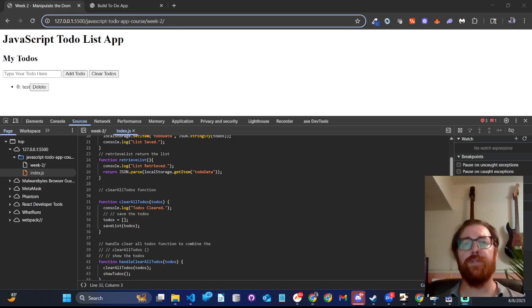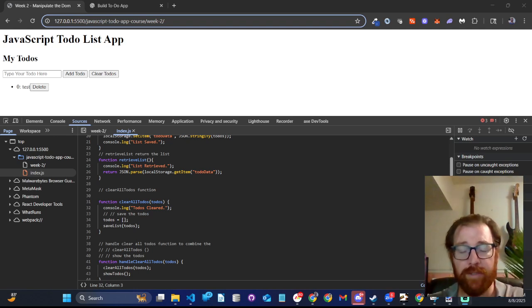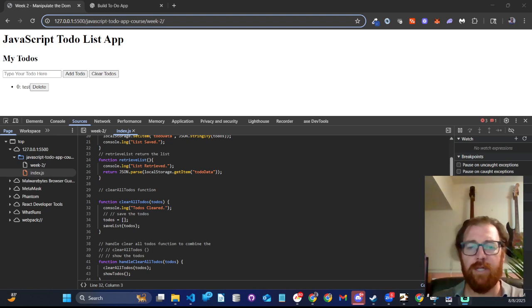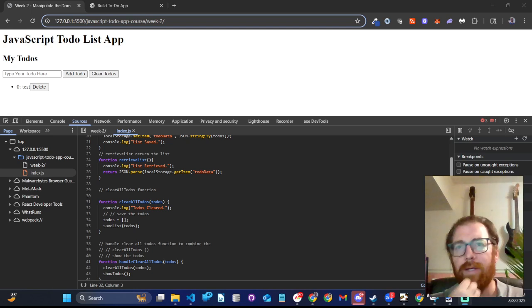All right. So welcome to week 3. Currently, we have a working to-do app, but now we're going to transition into some, I guess, intermediate concepts inside of JavaScript. We're going to go from global variables into an object-oriented approach to a to-do list, with basically a to-do app object that contains properties and methods to store all of the information inside of one